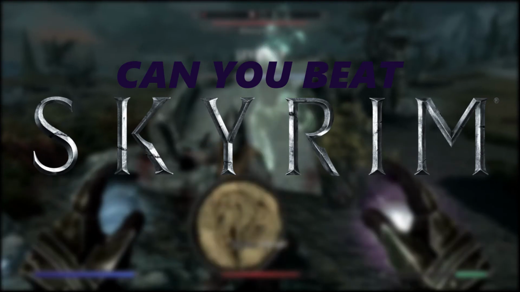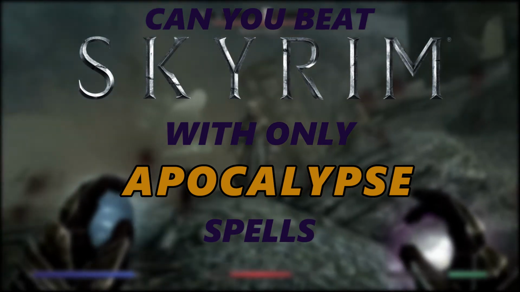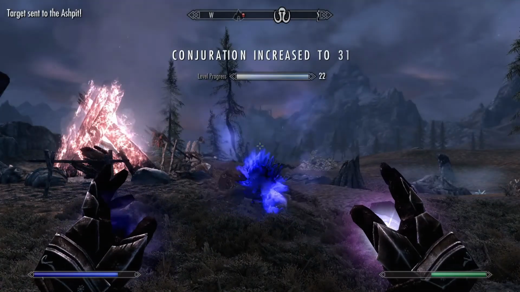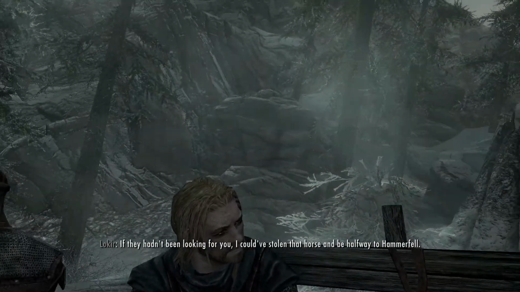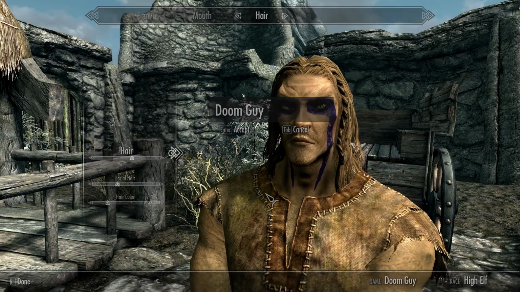In this video I'll try to beat Skyrim with only apocalypse spells. Like these, and these. Apocalypse is a mod and you can find it in the description. So, let's get started. I begin my journey and I choose a high elf because of the magic regeneration and